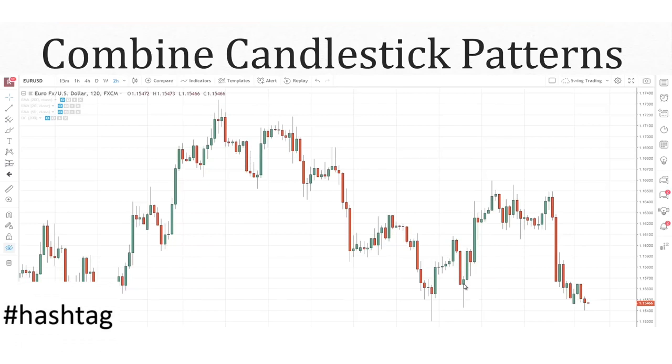So if you want to see clearly, what you can do is go on to a 2 hour time frame and things might be different, right? You might get a clearer view of what's happening. Similarly, if you're on a 4 hour time frame, you can't make sense out of it. Go up to the 8 hour time frame and things might be clearer for you. Okay, so this is the so-called usefulness of combining candlestick patterns and just understanding what's going on